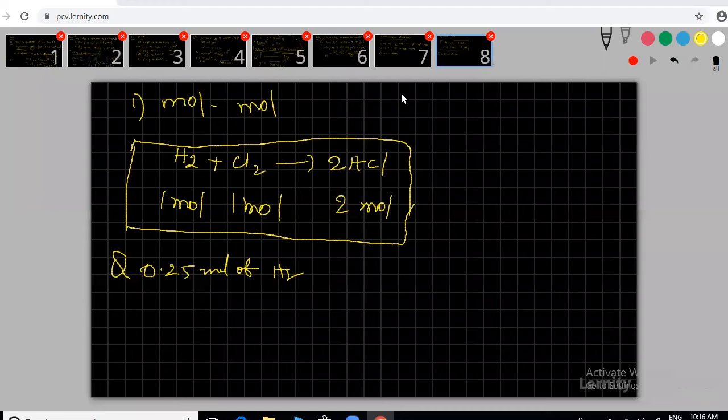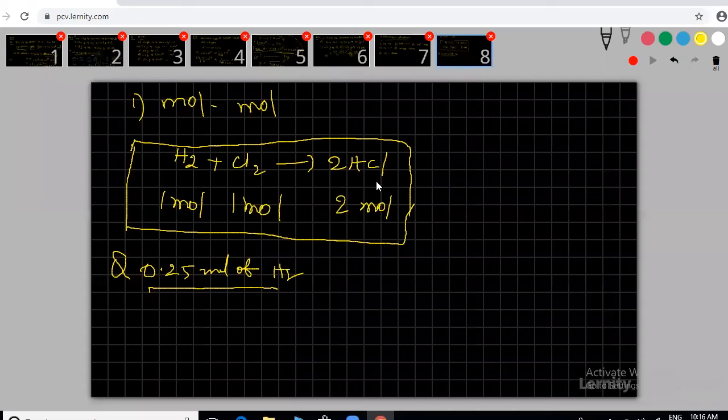I didn't write anything. I stop here. Screen is not tracking, sir. What is the question, sir? This is the basic equation. We have to know that one. 1 mole gives how many moles of? Yes, correct.